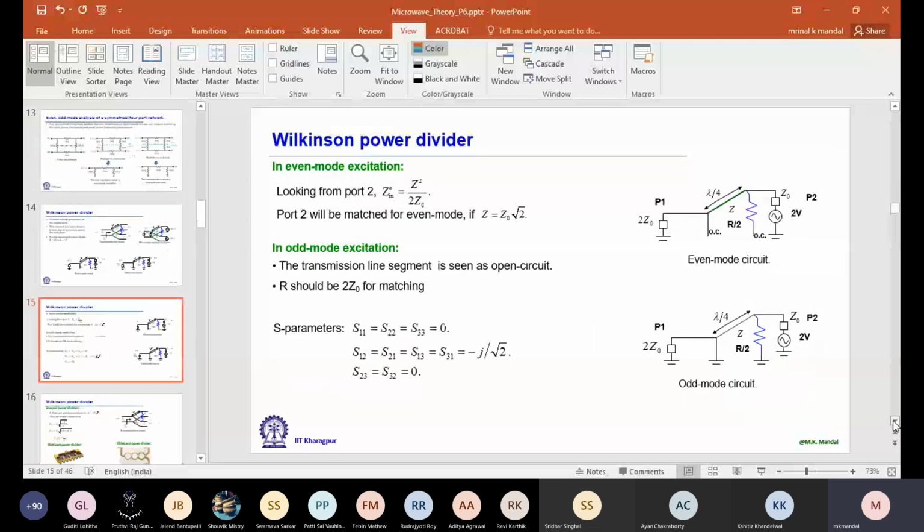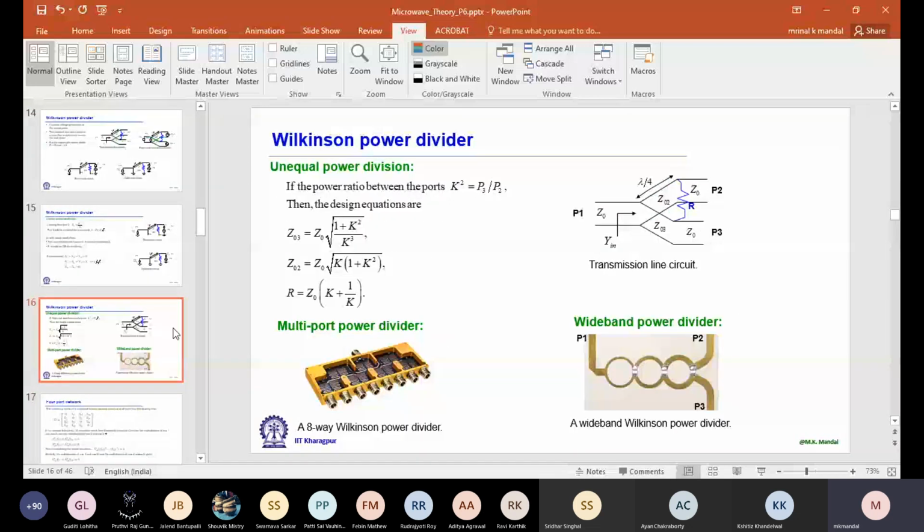I'm coming to this part later. What we can do is use a multi-section element. We are not going to do any derivation, just to know what the way to solve this problem is. If I need a Wilkinson power divider for the whole X band, let's say 8 to 12 gigahertz, or even a wider frequency range, then we have to go for multi-section. The multi-section concept we learned in transformers, if you recall.